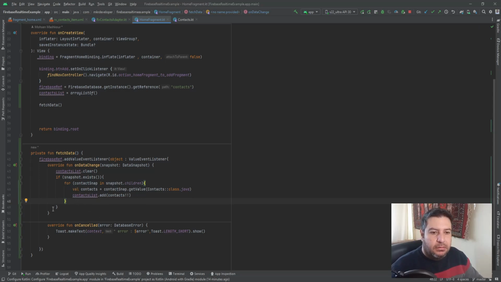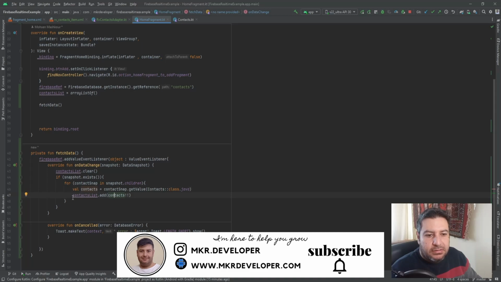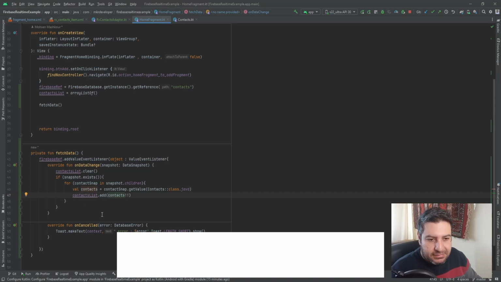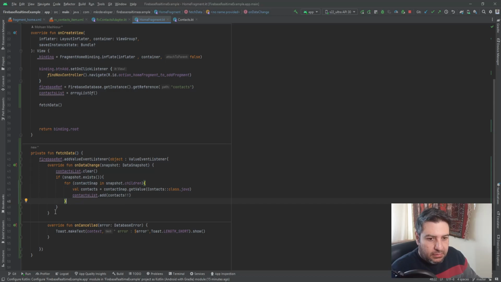Okay, here first of all we are checking if this snapshot has a value, and then for all of the items that are inside this snapshot, one by one we are creating this value and extracting the data from this get value, and we are putting them into this class, and one by one we are putting them inside this contact list, and then here